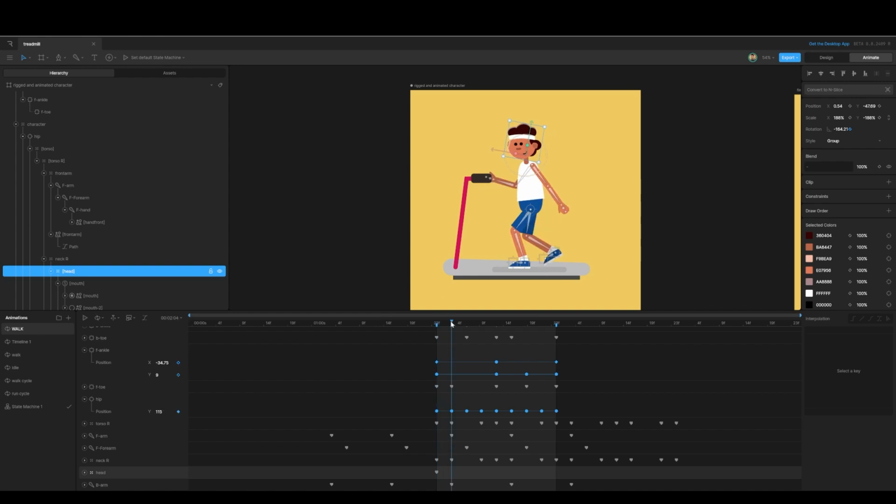Then I'm going to go forward 3. Nudge it down a bit. Go up to 10. Let me just copy this one again, and then I'll scoot it back from there. And then to the middle. And then that's the first loop. And I'm going to copy and paste that at the end, and then create something that's outside of the time frame. So if you look at it now,